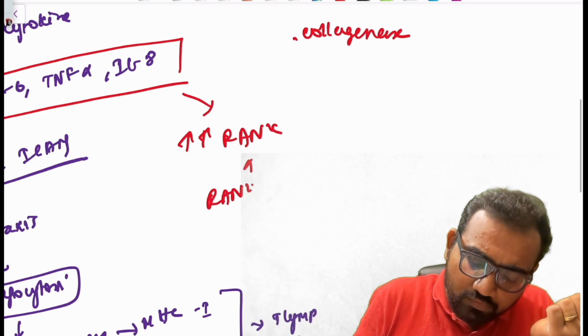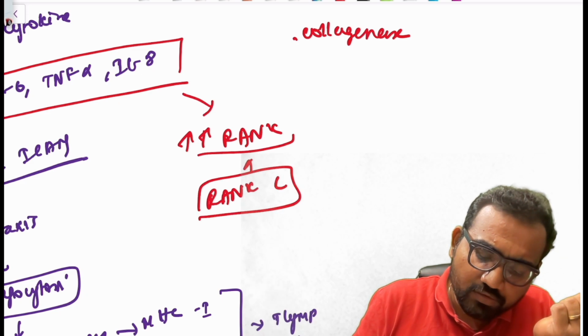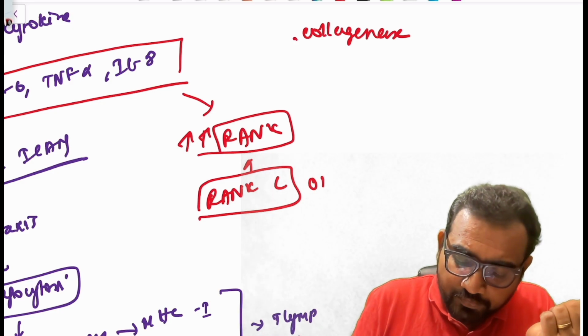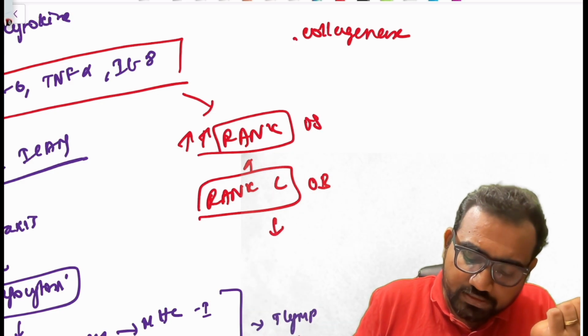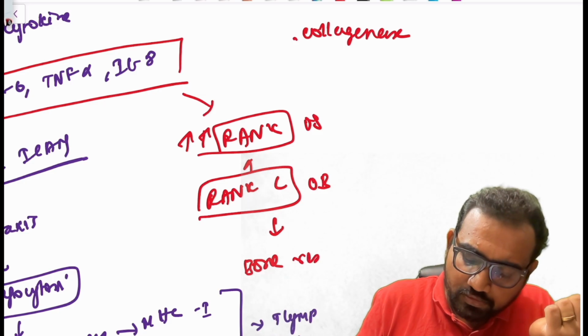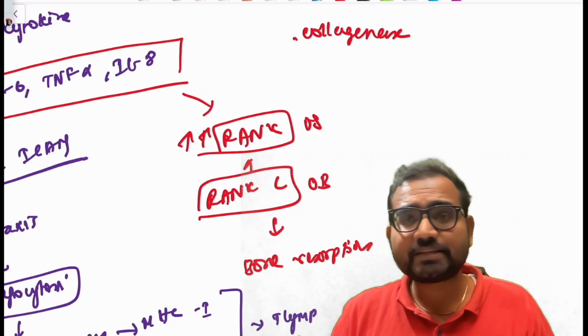Okay, so RANKL will be present in osteoblasts and RANK will be present in osteoclasts. Once this is expressed, that is going to result in bone resorption. So what happens in pocket formation is